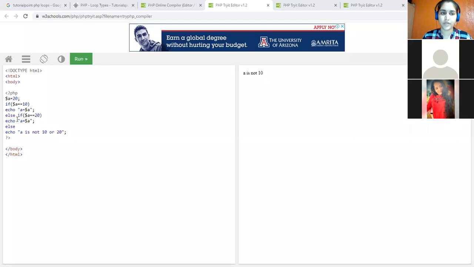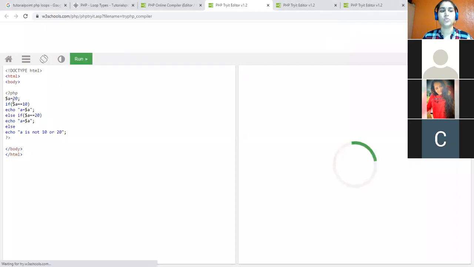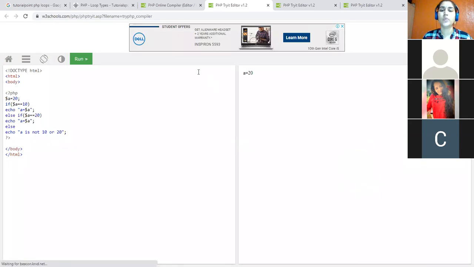In the else if I have written, again it will check $a equal to 20, meaning 20 equal to 20. Yes, so it will echo A equal to 20. Or if this is not 20, it will display A is not 10 or 20. So here the output would be A equal to 20. Are you getting it? So this is if.